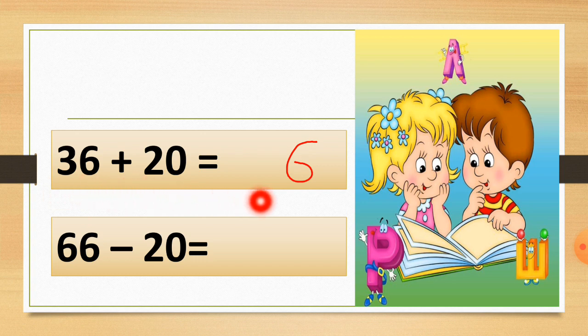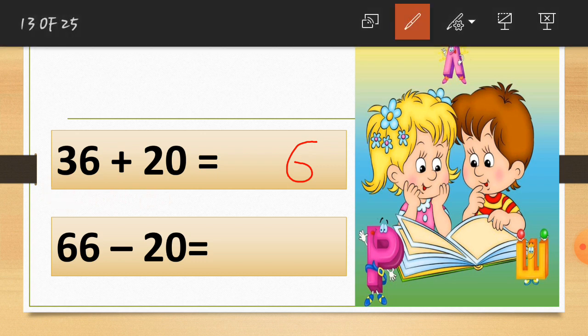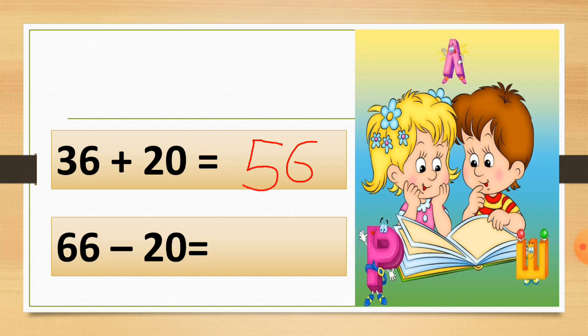So you can see I write this ones value as it is here, and the changes will come in the tens value. So here you can see this 3 is at the tens place, and we have to add a 2 in this tens place. So here is the 3. So 3 plus 2 is equal to how much? 3 plus 2 is equal to 5. So here I write the answer 56. You can see this. So if you add 20 to 36, you will get 56 as an answer.